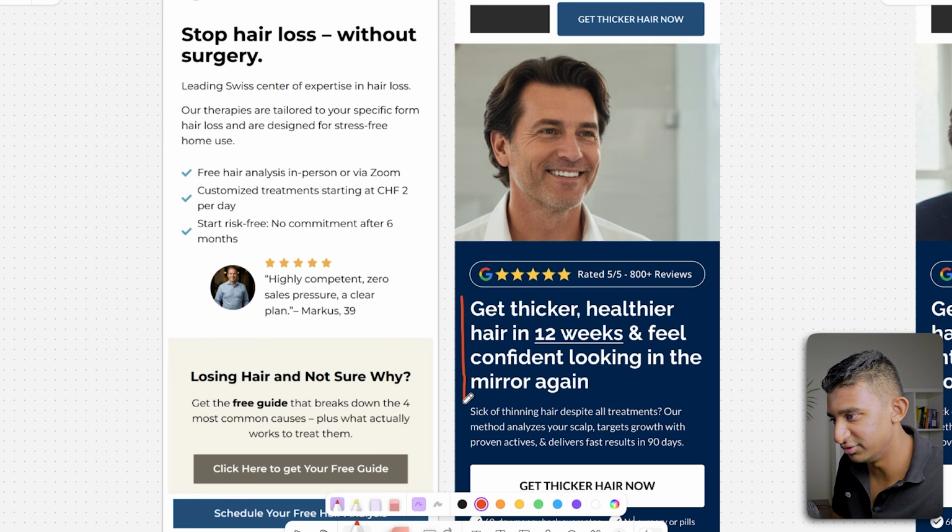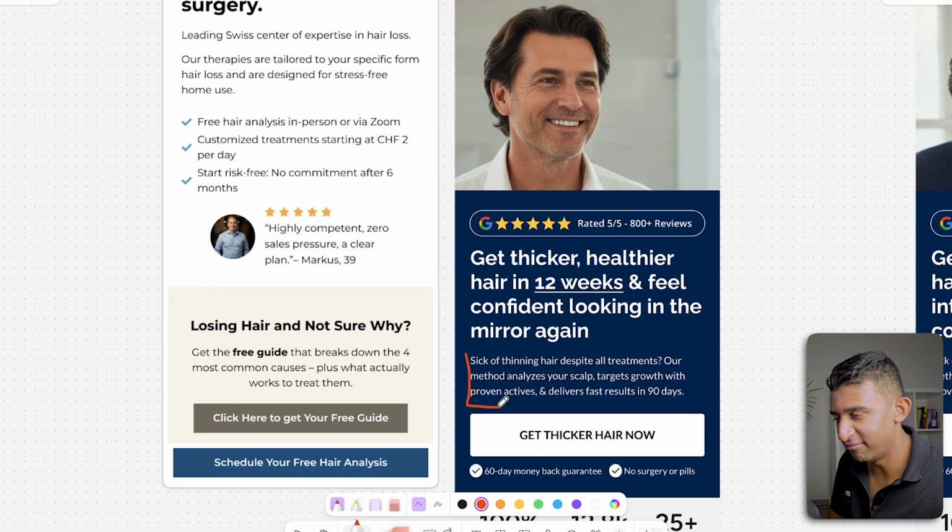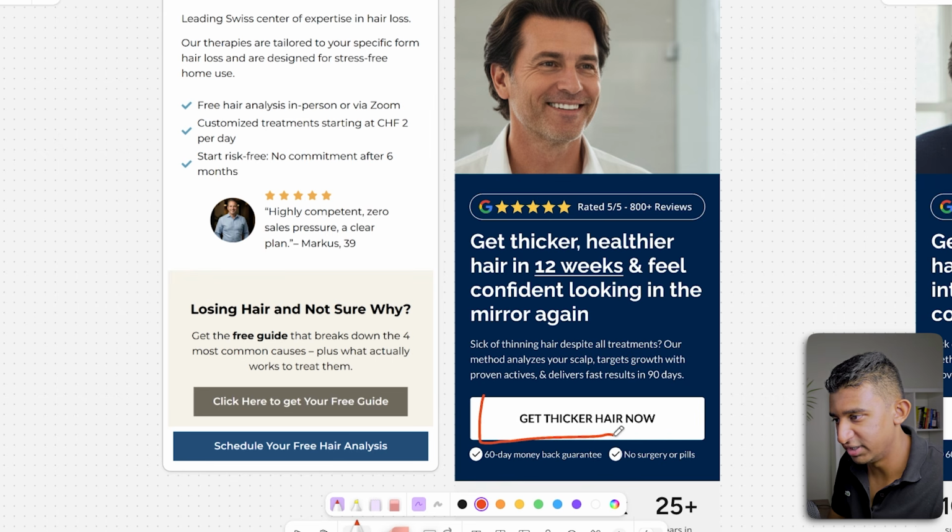We have that benefit driven headline, get thicker, healthier hair in 12 weeks and feel confident looking in the mirror again. A lot more impactful than just this. Subheadline, we have that value prop highlighting what allows us to achieve the results in the headline. The CTA button over here, a lot more benefit driven, get thicker hair now, way better than just schedule your